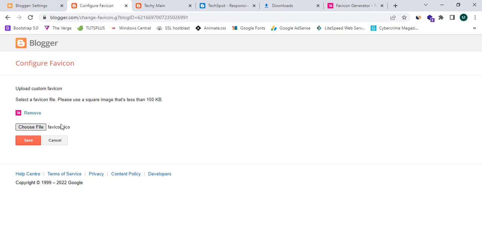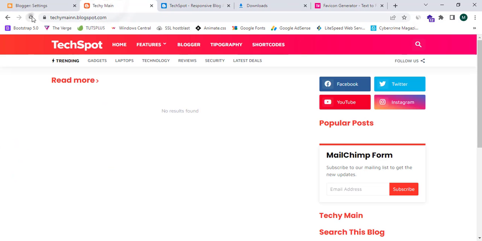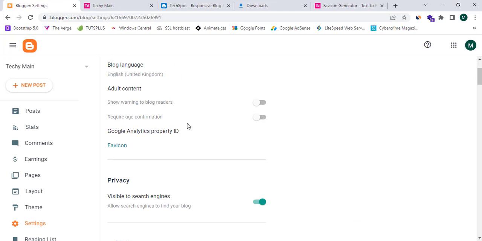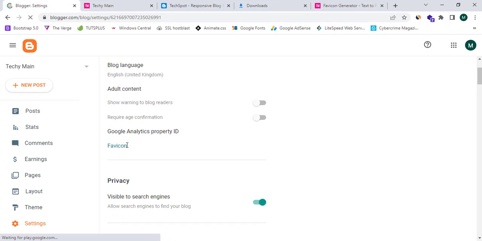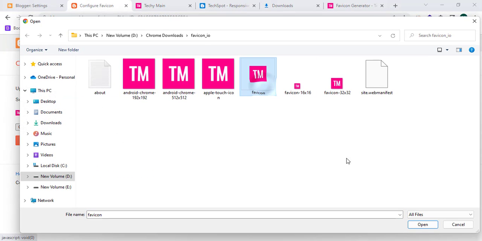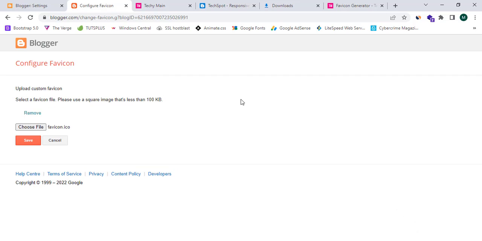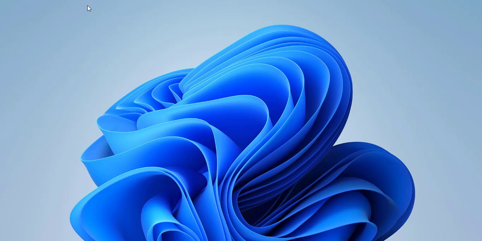So let's see the size. So now I'm gonna click on save. So now I'm gonna refresh my blog website, and I think this favicon is still on the process of uploading. So again, let's upload it. So let's wait for a few seconds and click on save. And now let's refresh, and as you guys can see, the favicon has been loaded,